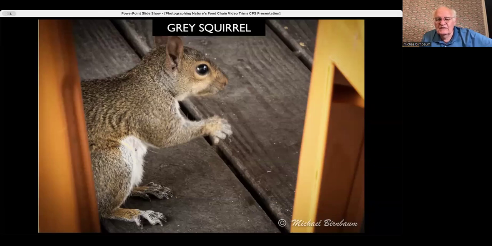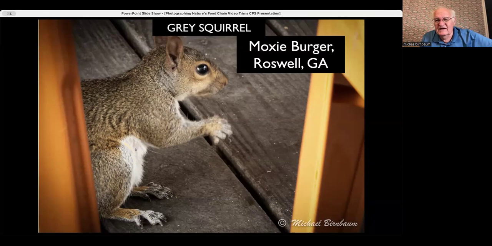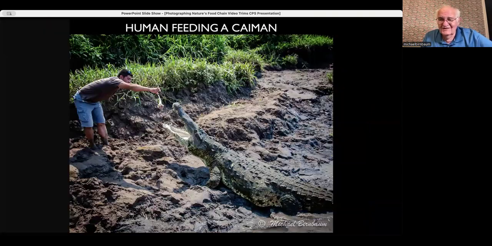For those of you who have eaten at Moxie's on 120, at the end of 120 by the mill, there's a squirrel that will beg for French fries. And we intervene with them, and we feed them things they shouldn't be eating. They shouldn't be eating French fries. It's okay to eat nuts, but I don't know, French fries are a little bit greasy. And so